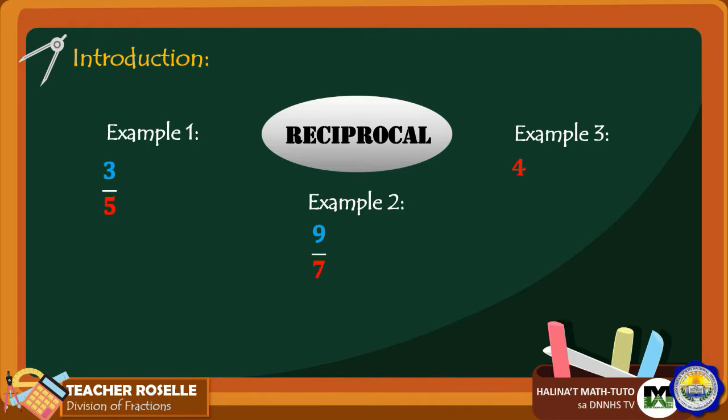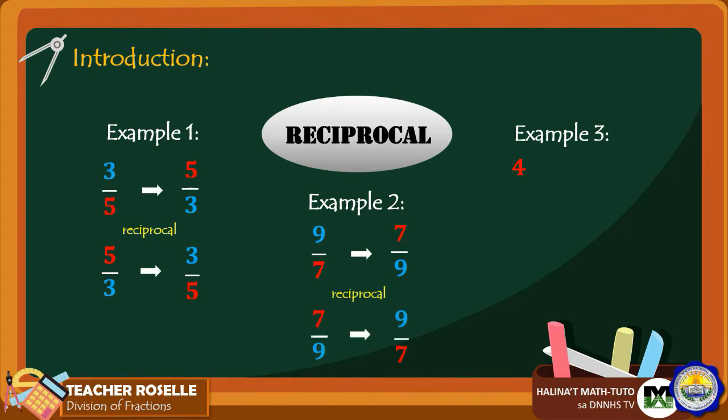Before anything else, let's have a short recall on what a reciprocal is. Reciprocal is a common mathematical term used when switching the position of numerator and denominator of a fraction. When you switch the positions of 3 and 5 in 3/5, the reciprocal will be 5/3, while the reciprocal of 5/3 is 3/5 on the other hand. In the fraction 9/7, just switch the position of 9 and 7 to get its reciprocal, which is 7/9. On the other hand, the reciprocal of 7/9 is